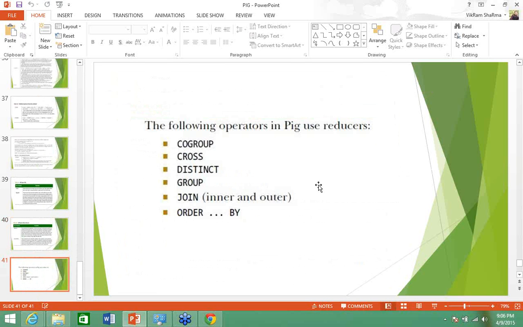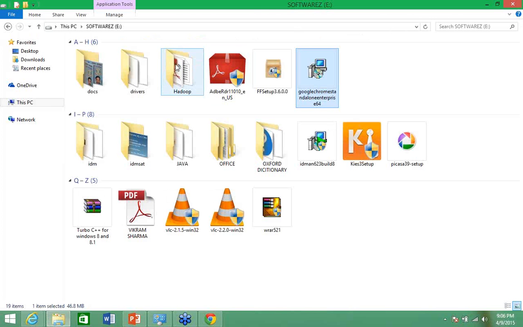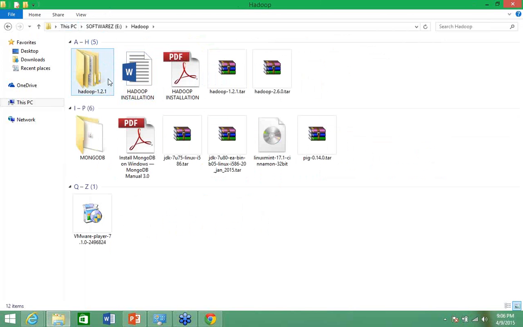There is nothing left in this Pig topic. Whatever topics you have seen till now are enough for Pig. For writing Pig queries in your system, for calculating some examples, you first have to install Pig. For installing, you have to download one tar file from the Apache link. It will give you the Pig version, maybe around 0.12, and you just have to install it in your system.